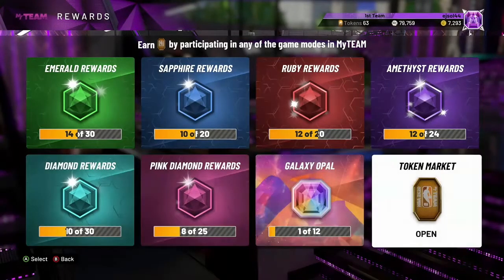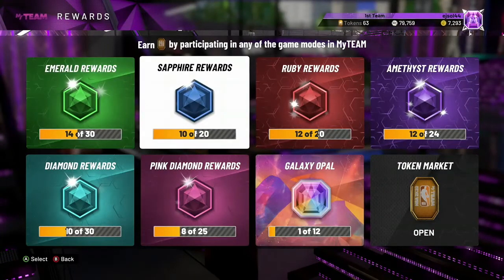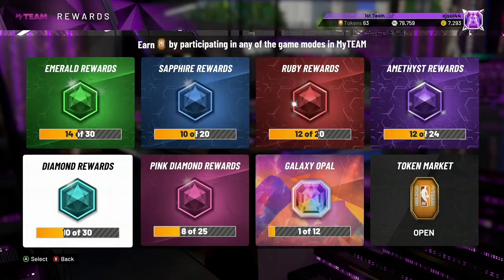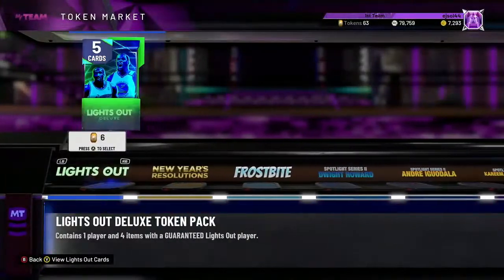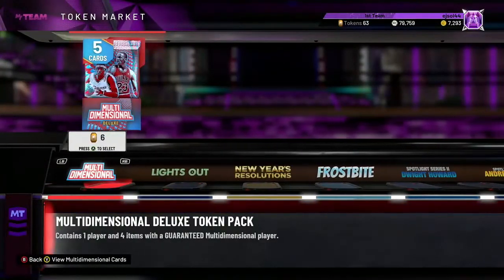Now, before I start getting into the methods, I just want to say, if you're new to my team, man, and you're at the ruby, amethyst, even diamond board, don't go for it, man. It's not worth it. Instead, what I would do is save up your tokens for the token market, and I'm not talking about these packs. These packs, straight up garbage. But